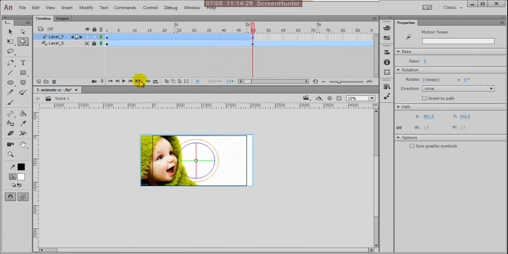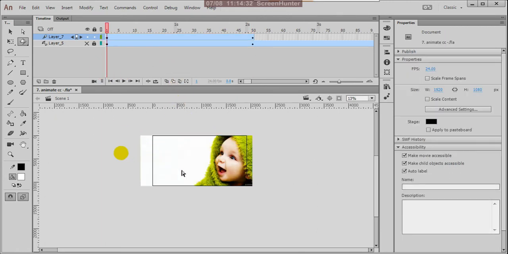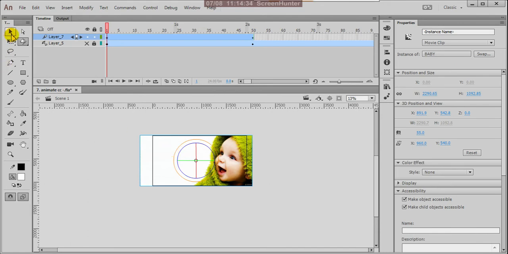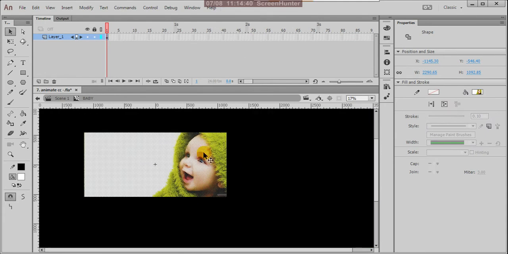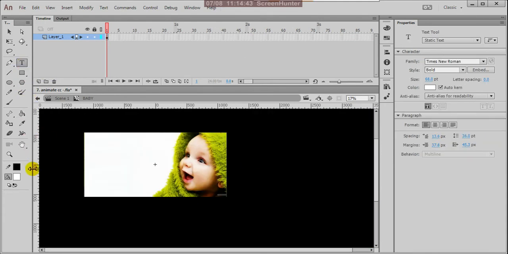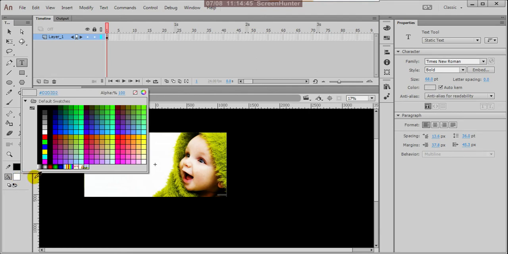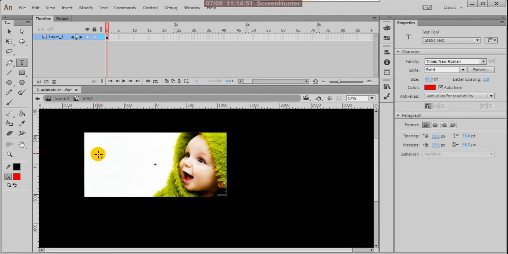Now what I'll do here, select with the selection tool and double click on that, and here I'm writing something with some green color, or otherwise red text I'm giving.